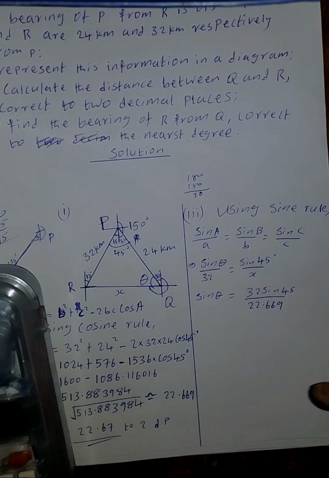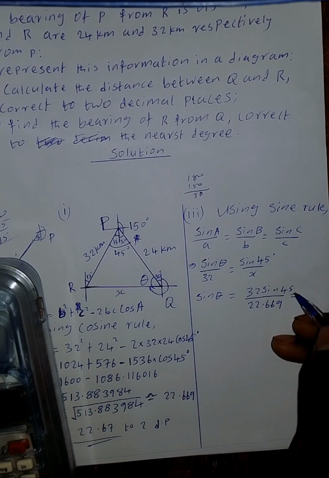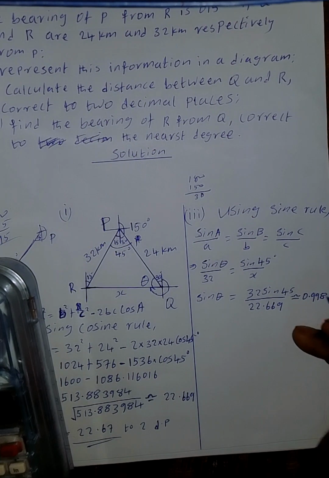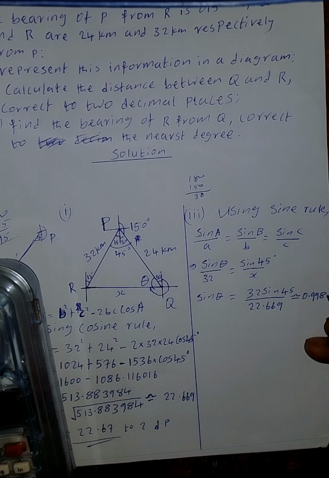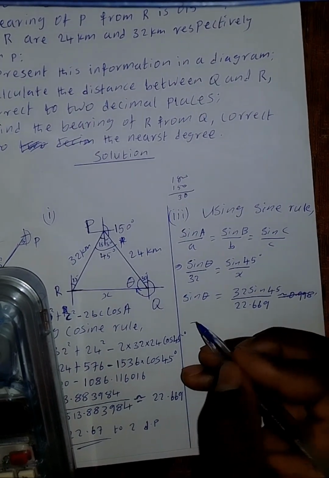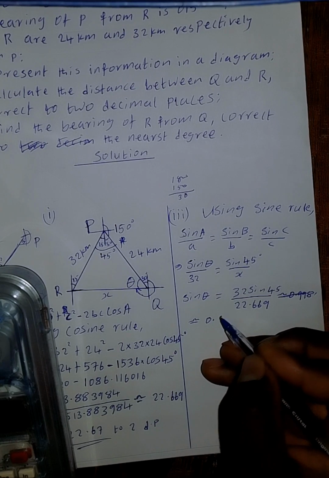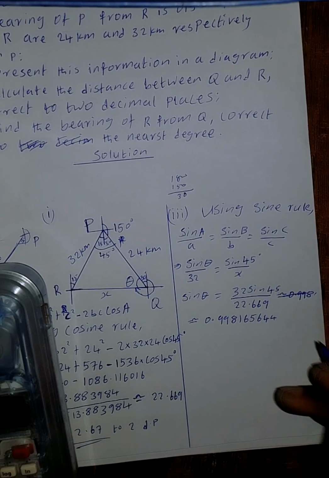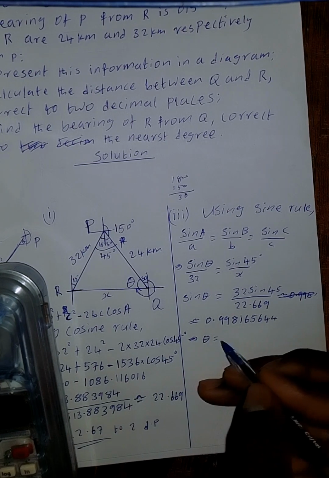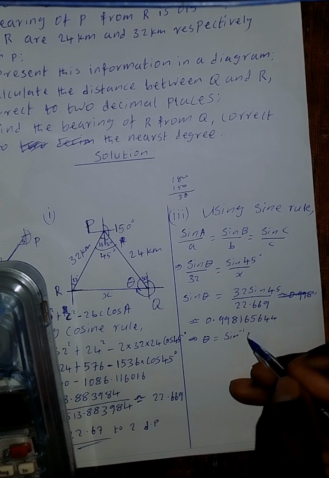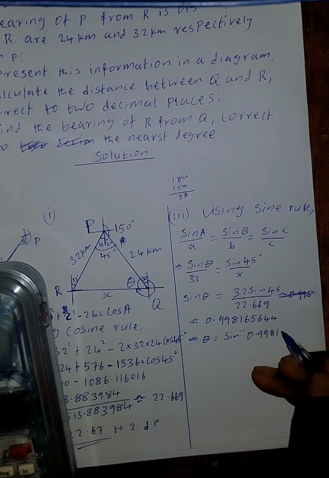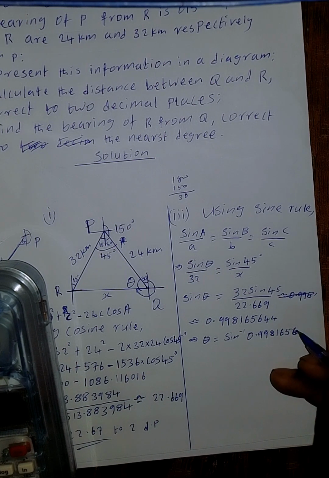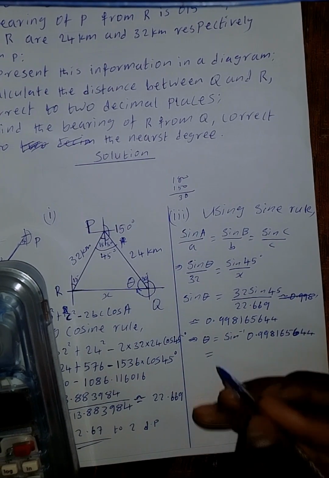This is approximately 0.998165644, and therefore theta is equals to sine inverse of 0.998165644, and that will give me